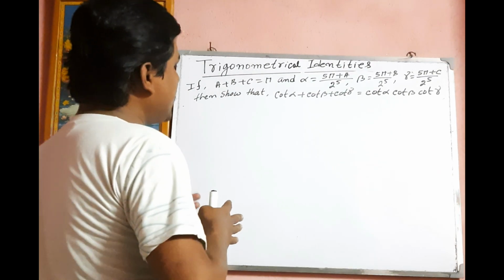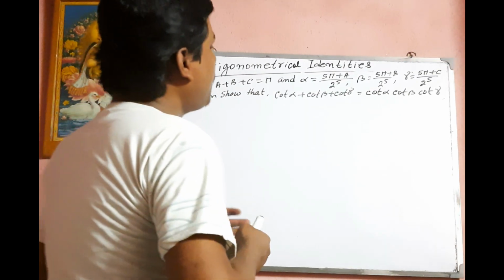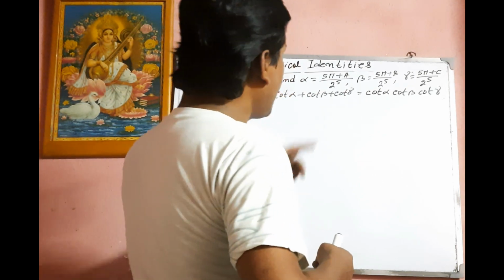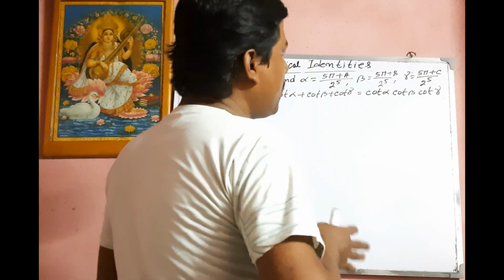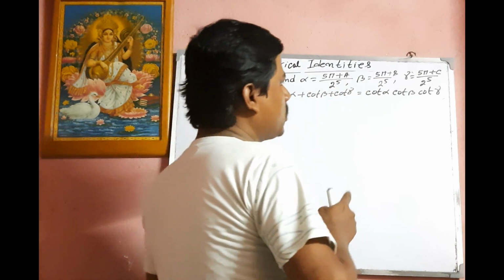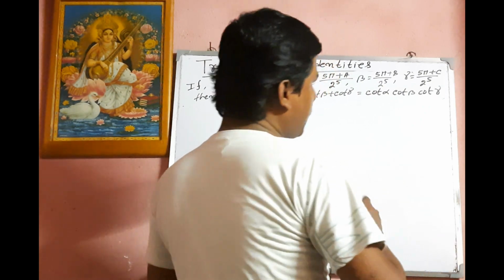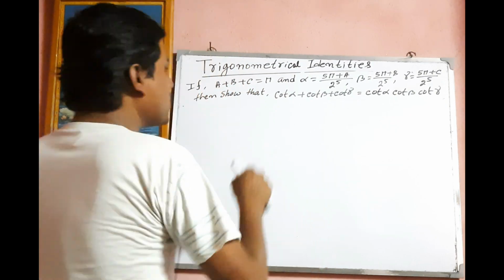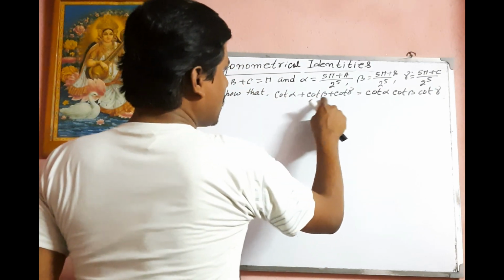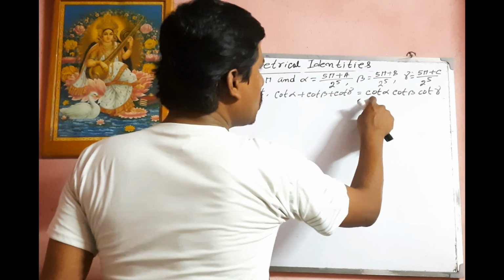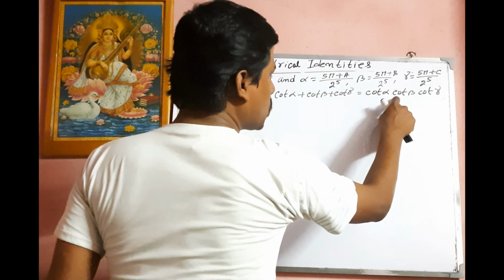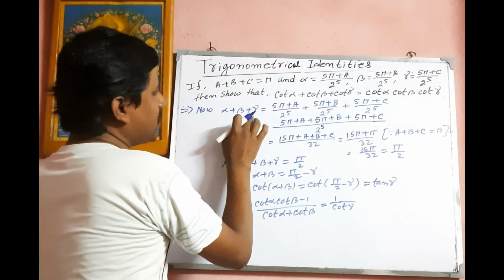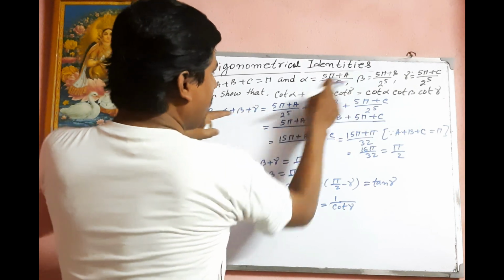If A plus B plus C is equal to pi, and alpha is equal to (5 pi plus A) divided by 2 to the power 5, and beta is equal to (5 pi plus B) divided by 2 to the power 5, and gamma is equal to (5 pi plus C) divided by 2 to the power 5, then show that cot alpha plus cot beta plus cot gamma is equal to cot alpha into cot beta into cot gamma. We are starting from alpha plus beta plus gamma, and putting in the value of alpha,